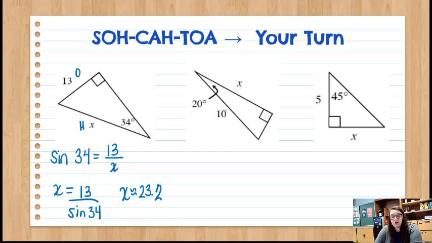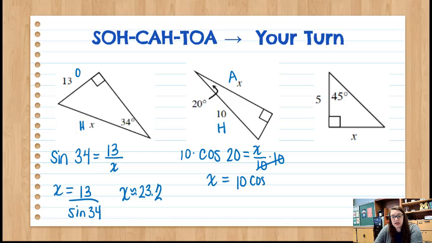And this one, across from the right angle is the hypotenuse side. And here's my reference angle. Then the one that's next to it is adjacent. So I have an adjacent and a hypotenuse. That is a cosine formula. So let's set ourselves up. Cosine of our angle 20 equals adjacent, x, over hypotenuse, 10. To solve, we'll just multiply both sides by 10. So we've got x equals 10 cosine 20